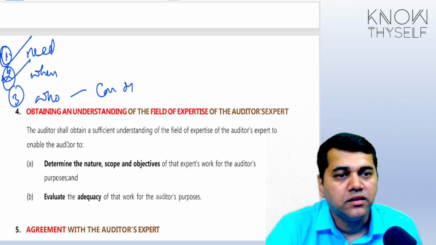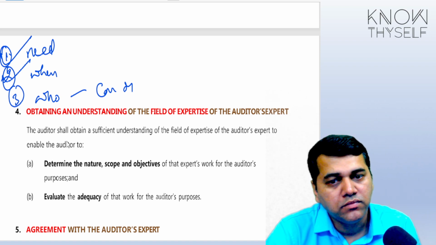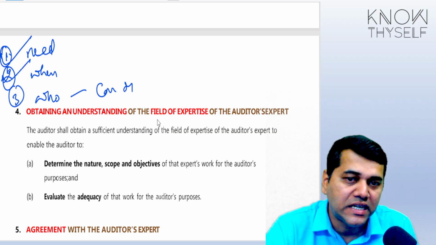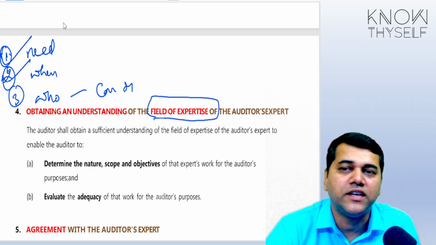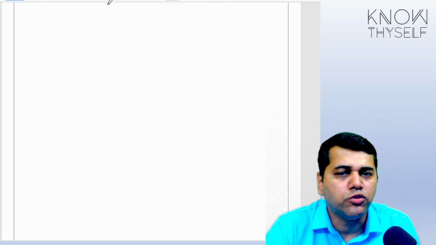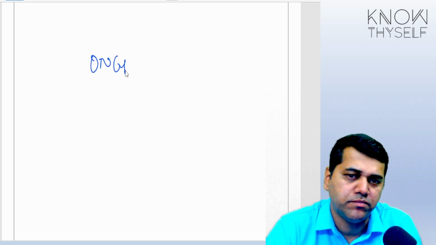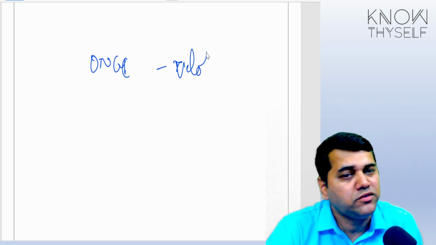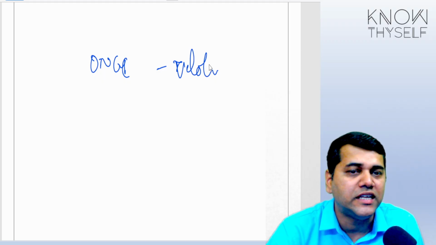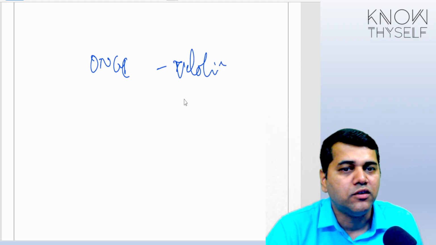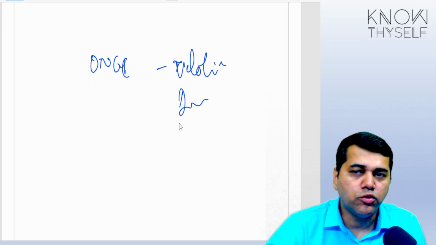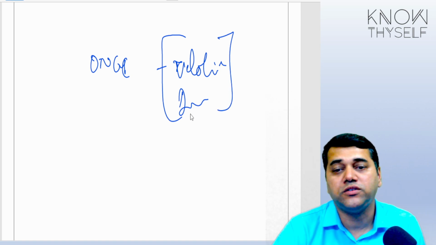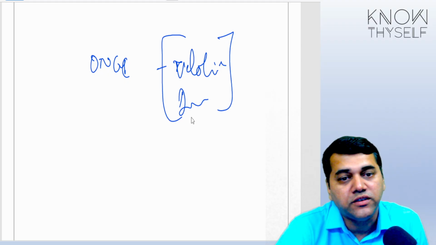After hiring, will you hand over the entire work to them? No, because after you hire, you need to have an understanding of the field of the expertise. For example, you took the audit of ONGC for the first time. You never knew what velocity means. Well, you knew, you must have left it in 8th or 9th standard: velocity, density. But when you are going to an audit of ONGC, these are all very important terminologies which you should be understanding. What does it mean?